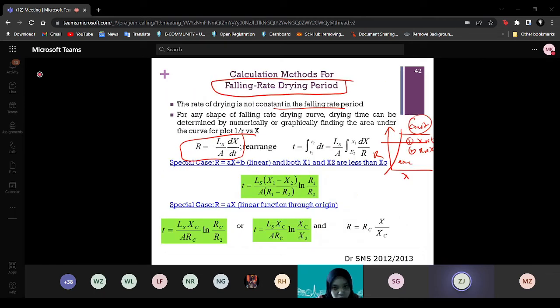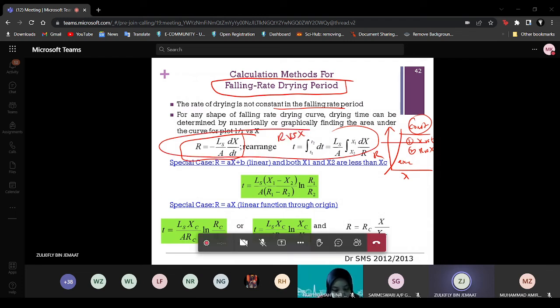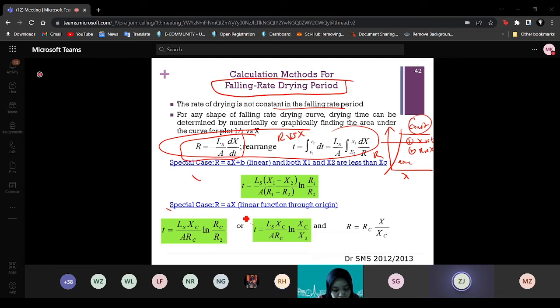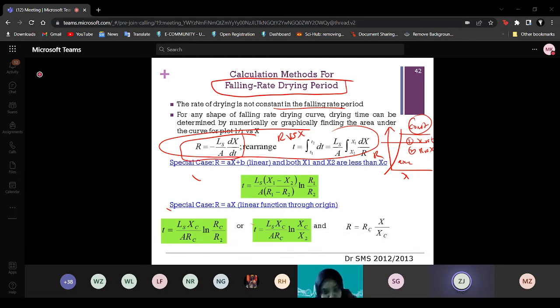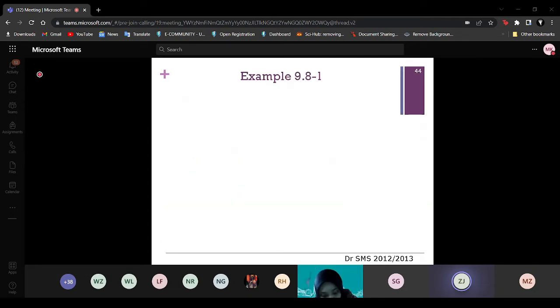Okay, on falling, if you have an R versus X curve. Okay, in falling, I have to finish a little bit here on falling first. Then I will go to constant rate, which applies heat transfer and mass transfer. I hope that you're going to be okay because it's something like forward, backwards a little bit. But backwards is only on part of constant rate using the equation, how to establish the equation first. Okay, in falling rate,